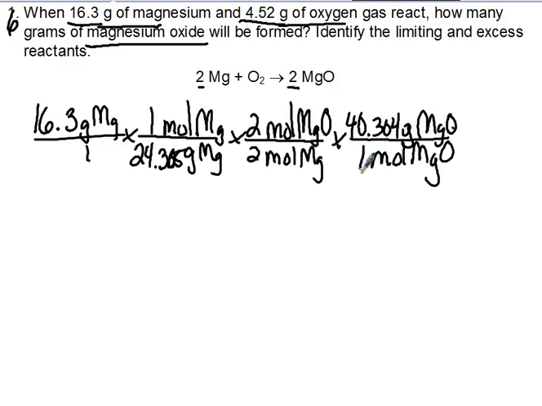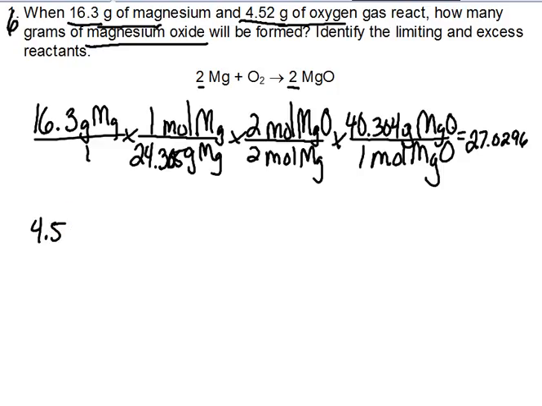Periodic table's in 1 mole. So I'm going to do the math, multiply the tops, multiply the bottoms, divide the top by the bottom. 27.0296. I do this again, but this time starting with the 4.52